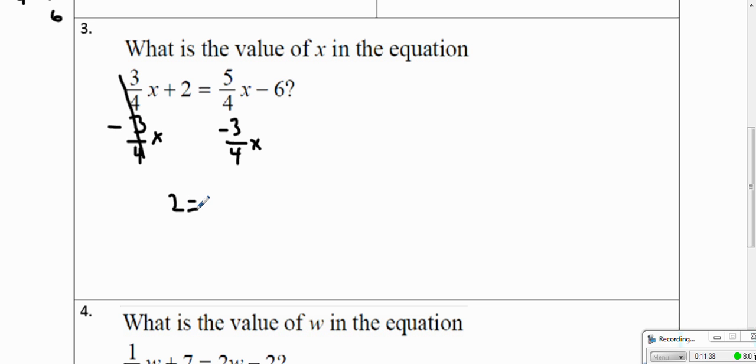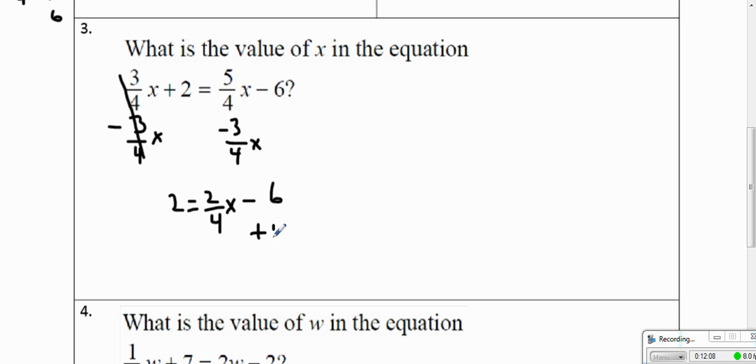And what makes this problem very easy is that it's 5/4 minus 3/4. The same denominator of 4 allows you to just subtract the numerators. So 5 minus 3 is just 2/4. And 2/4, I can put that down now, 2/4 x. Bring down the 6. You could reduce to 1/2. But before I do that even,